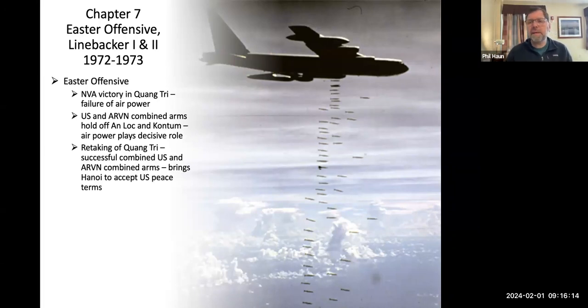What we see beginning in late spring, early summer is a regrouping in the north. We have a new commander that's put into place, the ARVN. We see a new coordination. We bring in a U.S. tactical air control system. And what we see is the South Vietnamese systematically rolling back the North Vietnamese, who really overextended themselves to Quang Tri. And then by September, we see a retaking of Quang Tri, and this really signals to Hanoi that they've been